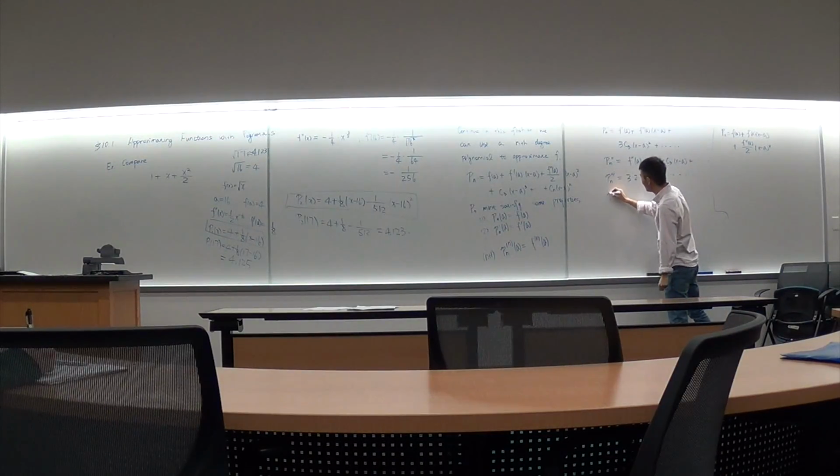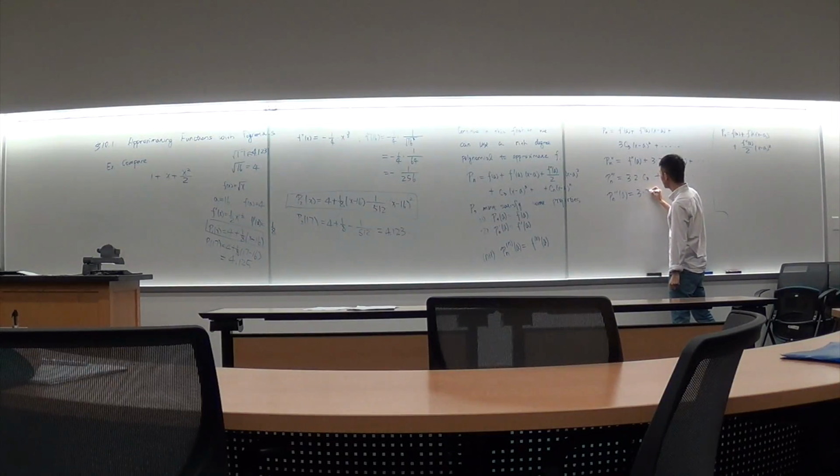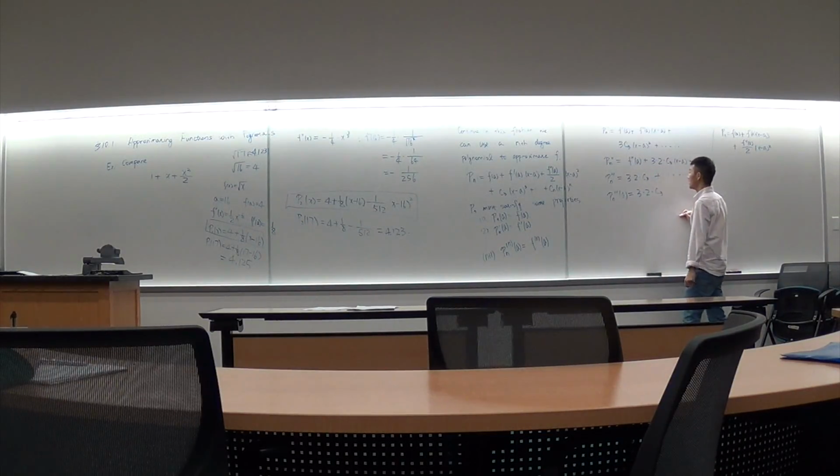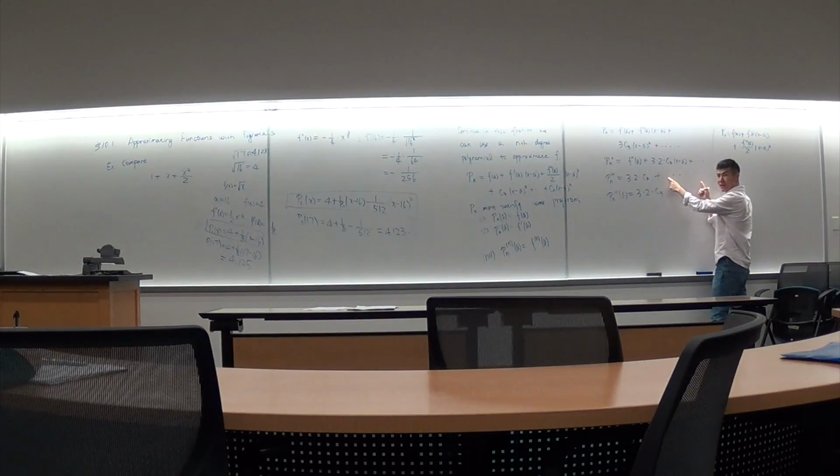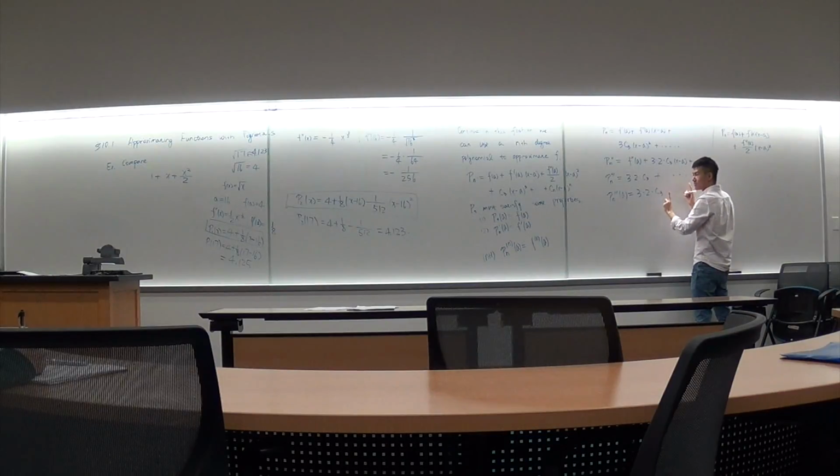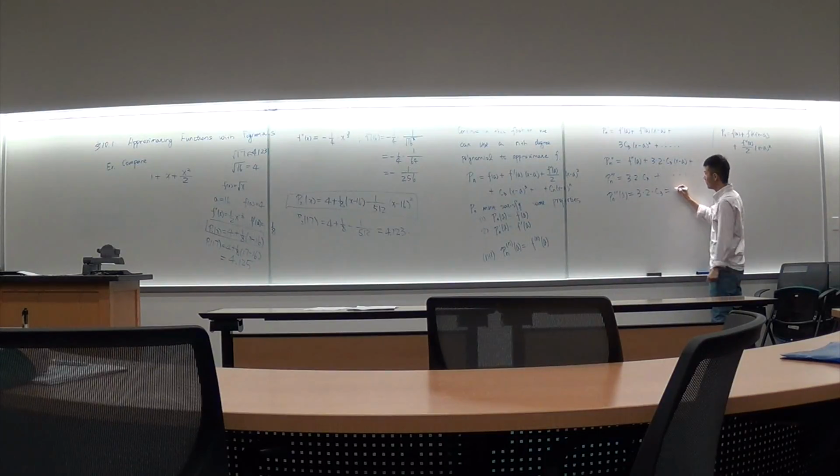Then you evaluate this Pn triple prime at the point a. So we got 3 times 2 times C3, and all of the rest are gone, because each one of these terms has a copy of x minus a. So if we plug in a, all of these terms will be gone. So now this is the third derivative of Pn at a, and this one has to be equal to